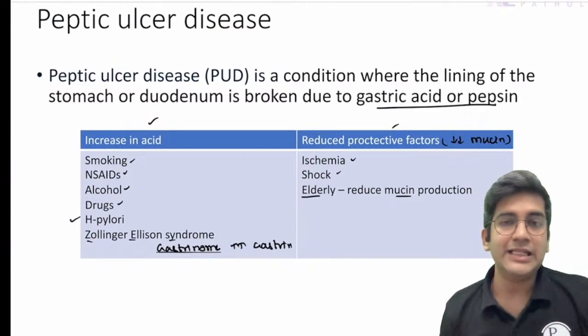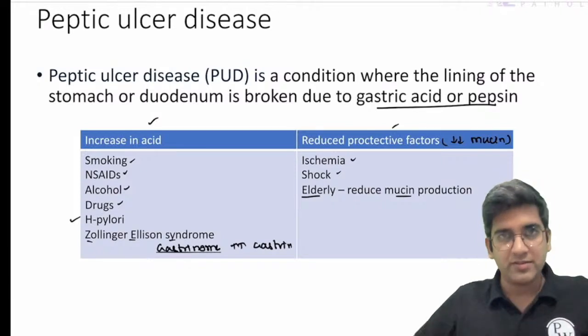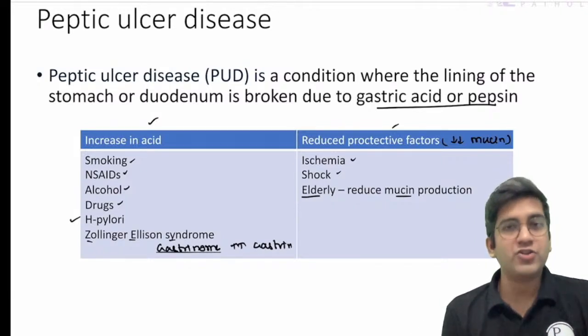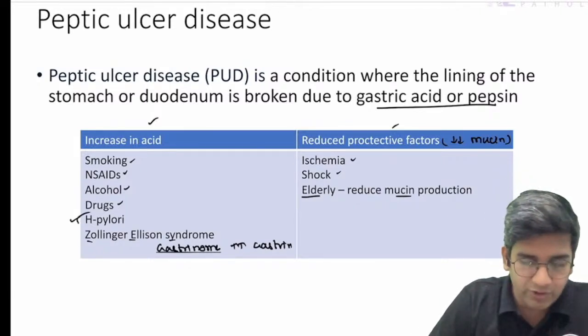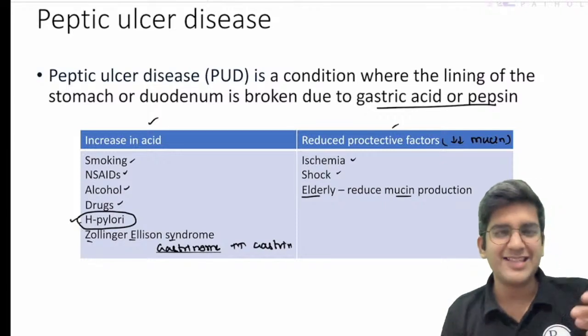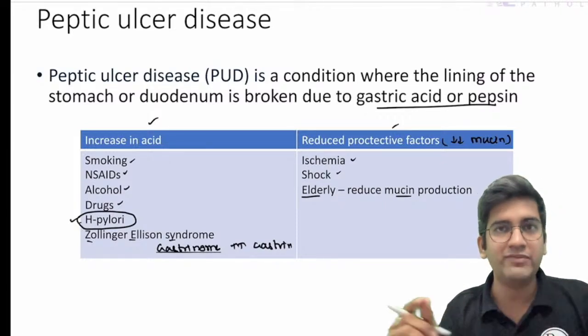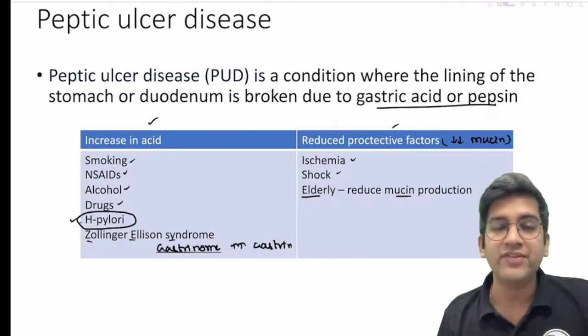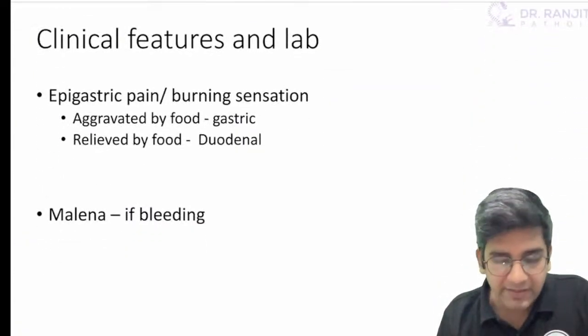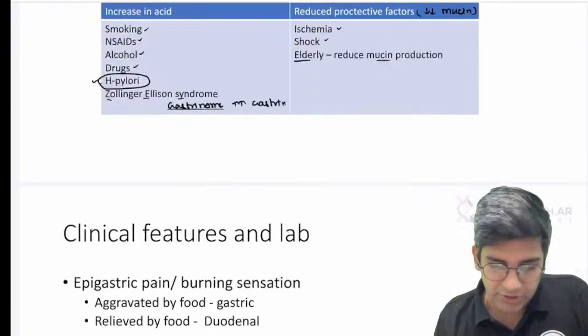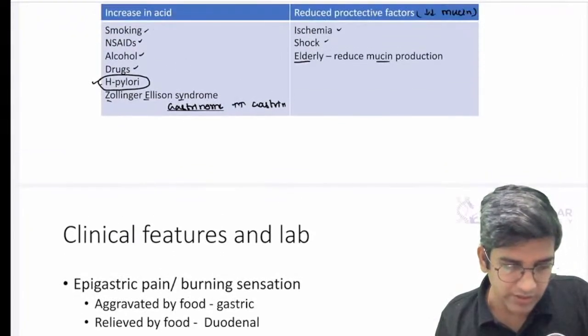Okay, now writing about the pathogenesis, because there's nothing much to write about the pathogenesis of peptic ulcer except for concentrating on this. The rest is everything direct, right? Acid destroys epithelium, that's all. In one word, I'll finish the pathogenesis. If I want to write pathogenesis, maybe I must have included one more slide. Just give me a second.